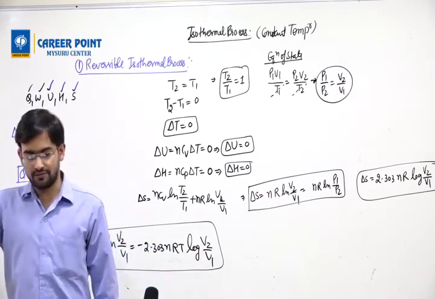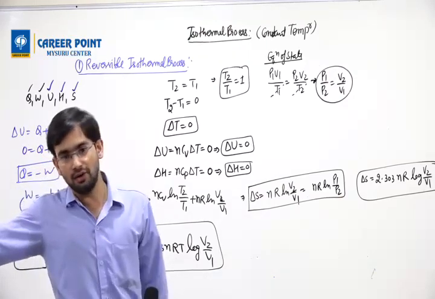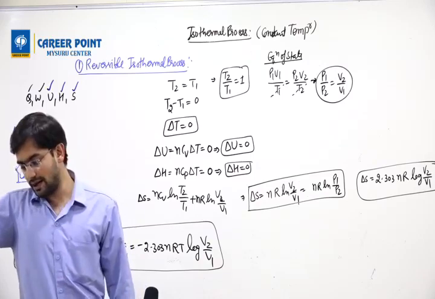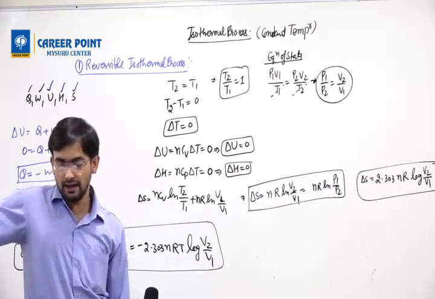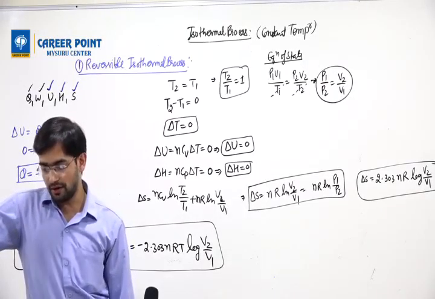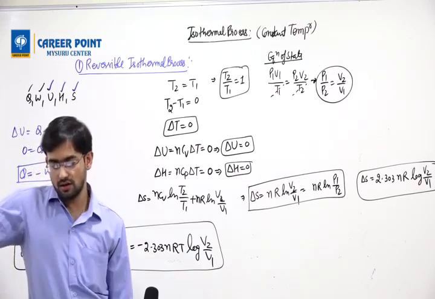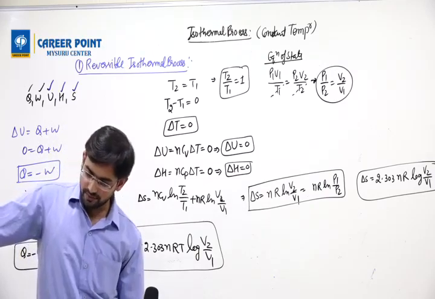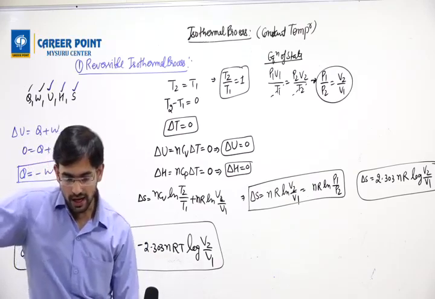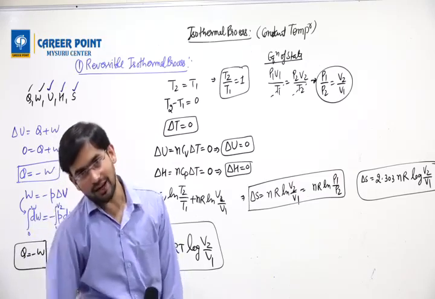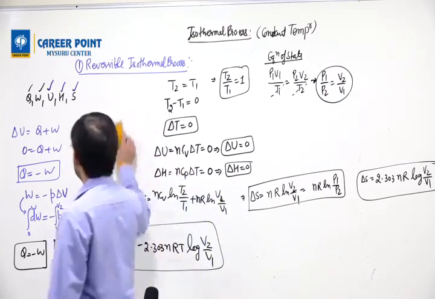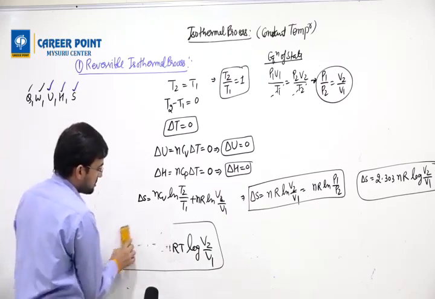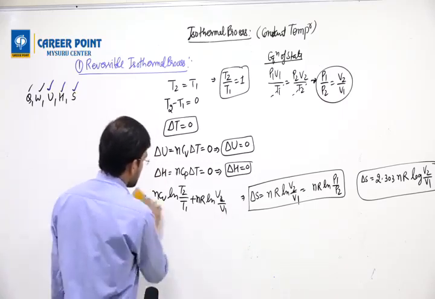Question is, write down question. Find out Q, W, internal energy, enthalpy and entropy for a reversible isothermal process when the system undergoes expansion from